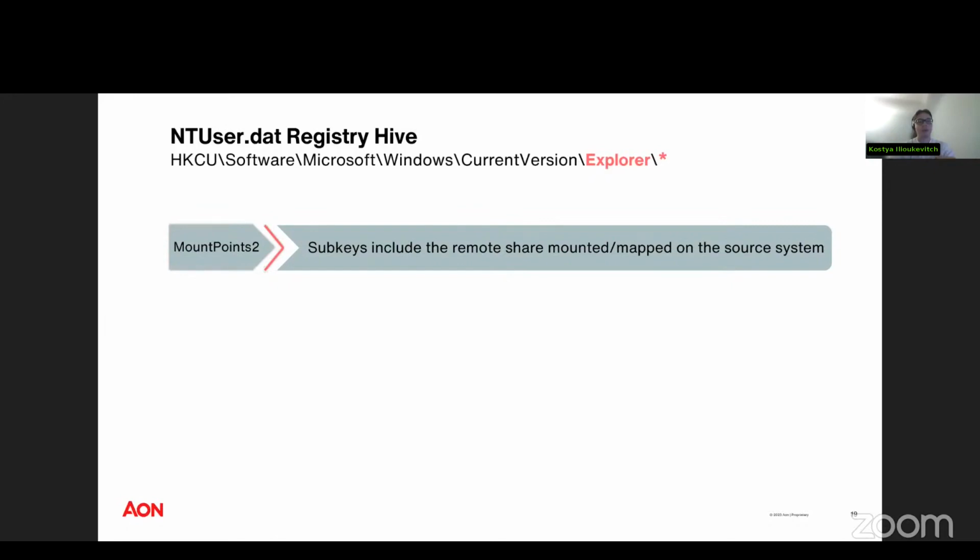We have mount points 2, which includes the name of the remote share being mounted or mapped on the source system. This could be, again, leveraged to identify some type of SMB access and this would be a non-interactive part of the overall artifact. And if you don't have, for example, SMB logs and you're trying to correlate a type 3 logon,